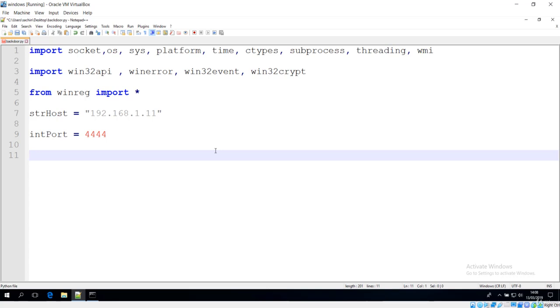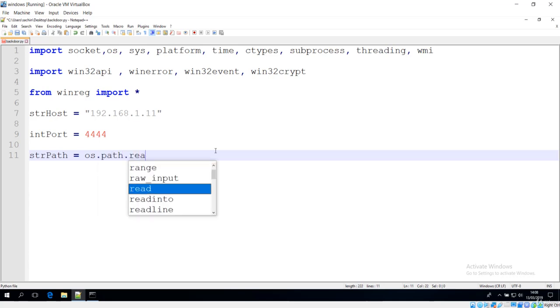The next thing I want to do is to get the path. So let's see what path we want to get. That is from this OS module. I'll just say path, and it should be the real path method. One of the biggest disadvantages of Notepad++ is that it doesn't have accurate command suggestion.